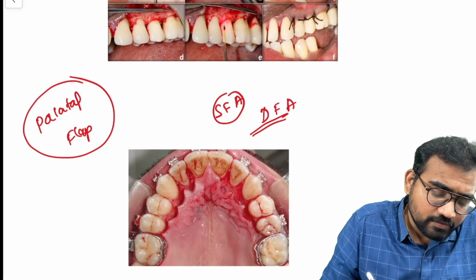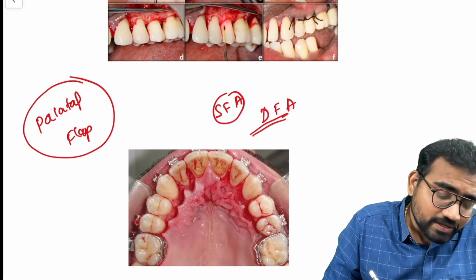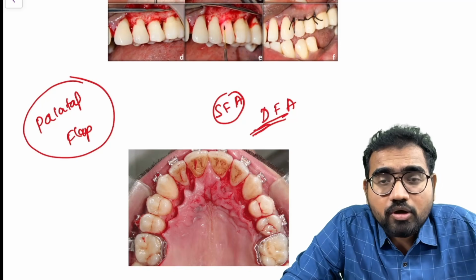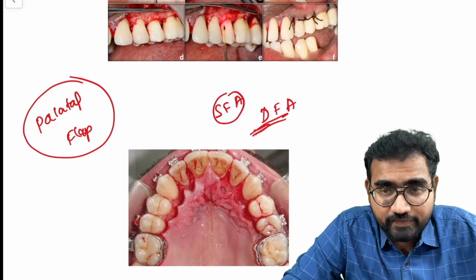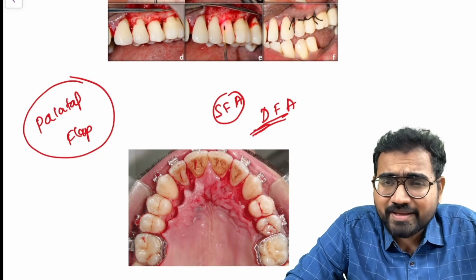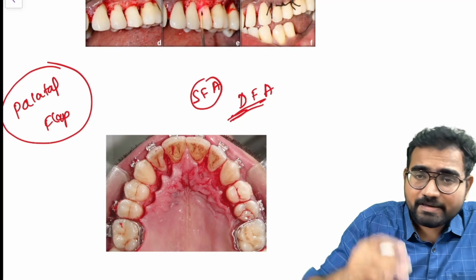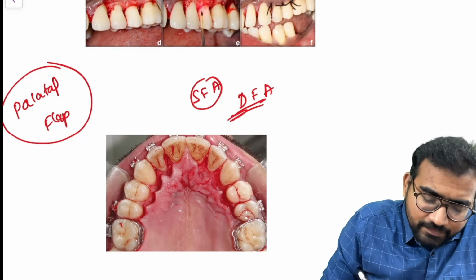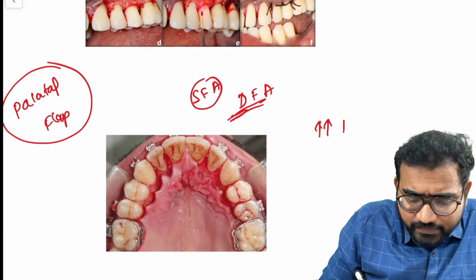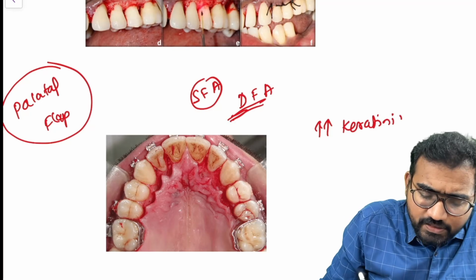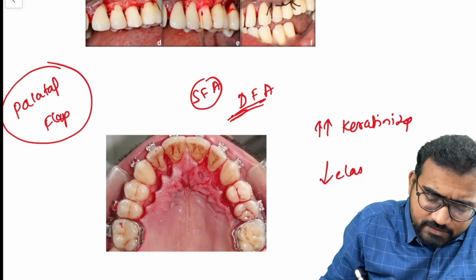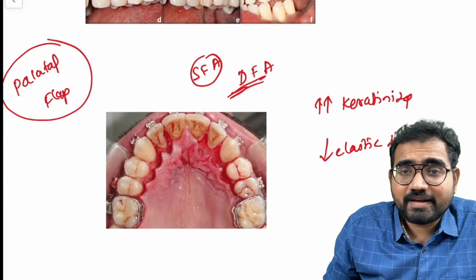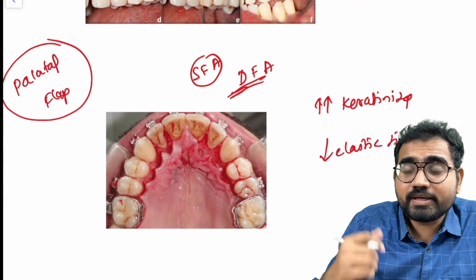Single flap approach and double flap approach are both discussed, because in double flap we are going to reflect the buccal as well as the palatal or the lingual papilla or the lingual gingiva. The palatal attached gingiva blends with the palatal mucosa, so it has an increased amount of keratinized tissue, which means it has fewer elastic fibers. So I should most of the time avoid vertical releasing incisions